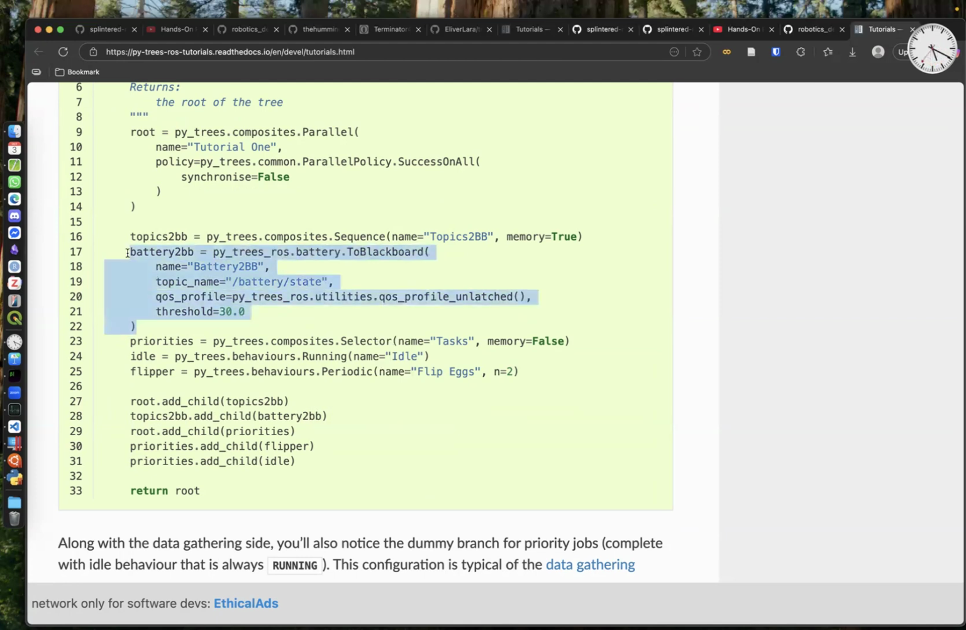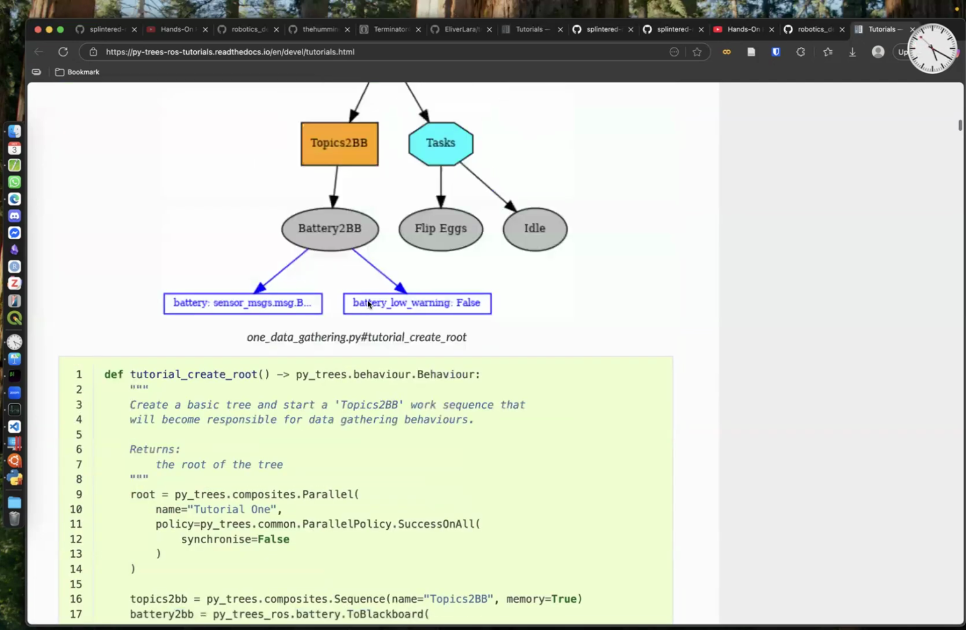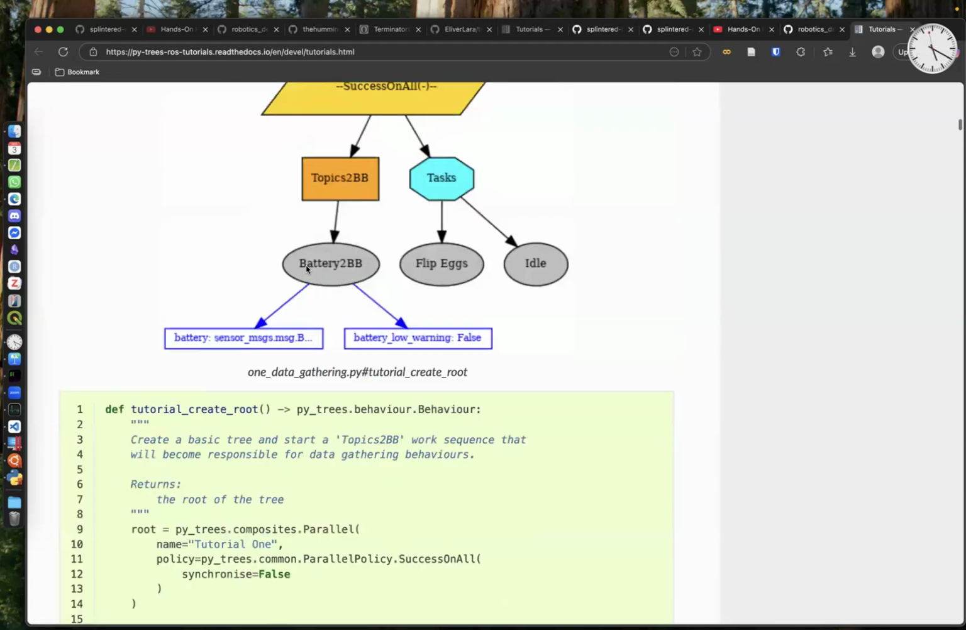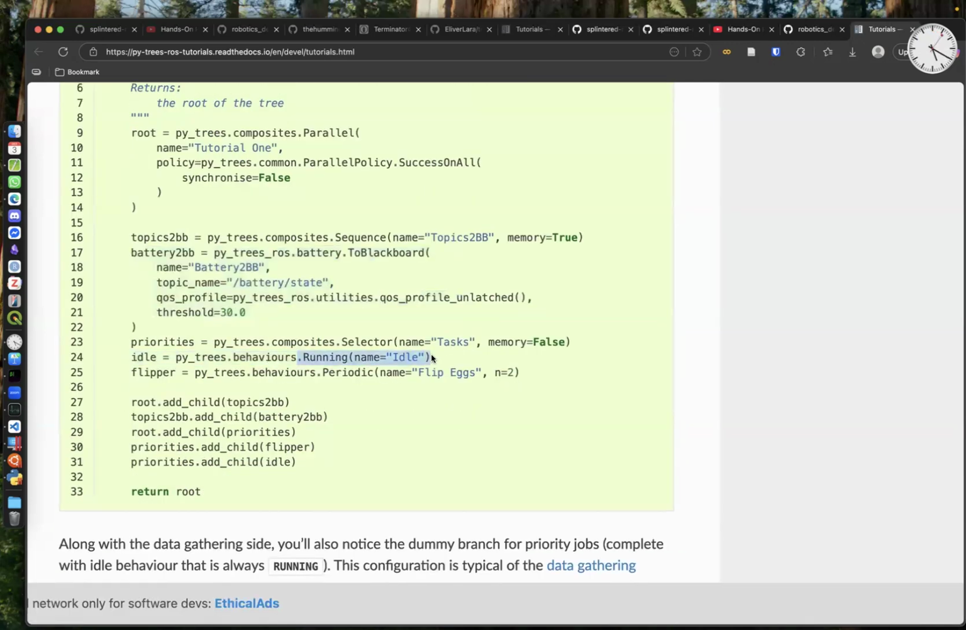So this is a pytrees ros function, so you don't really need to understand what is going on. Maybe you have to focus on how you can use a sequence and other composites and actions. Then next, you define a selector. You define a selector tasks, and you define two functions, one of which is idle. So idle always returns the running state. And the eggs flipper is periodically